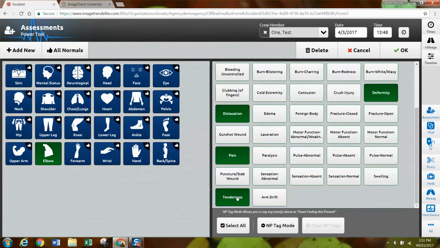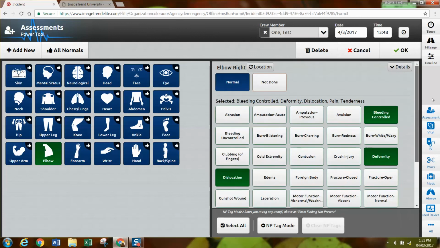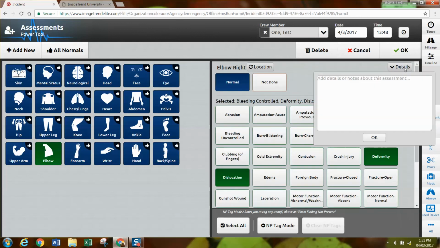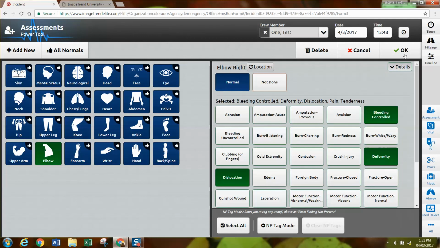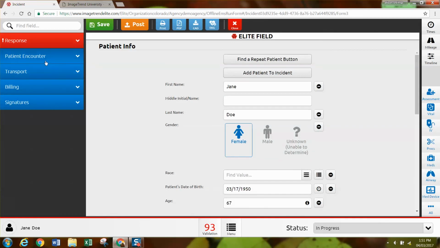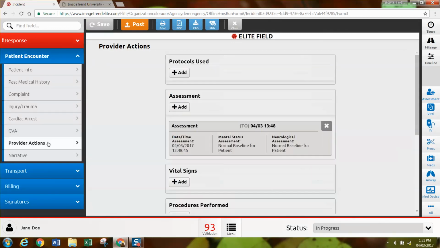Pain, tenderness. I could even add details. And hit OK. And then when I'm done with the assessment, I would just hit OK. And you can see that this shows up under the provider actions under assessment because we were in the assessment